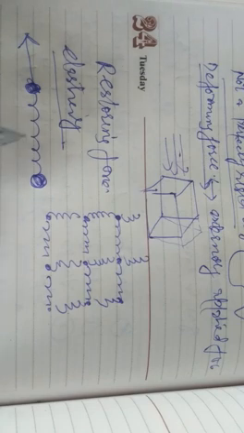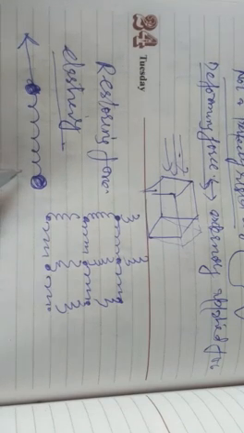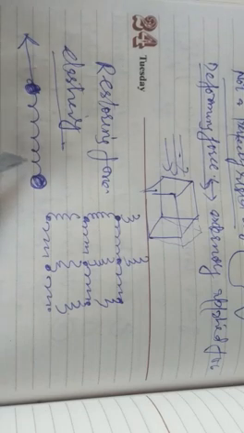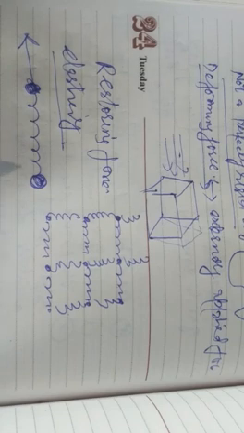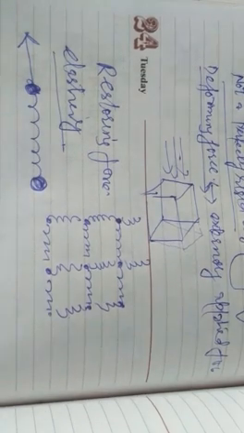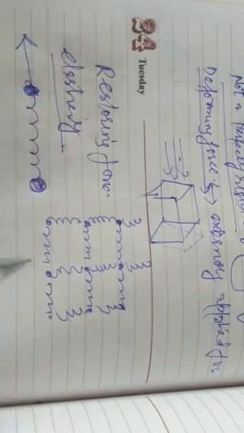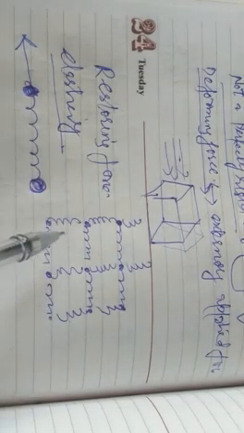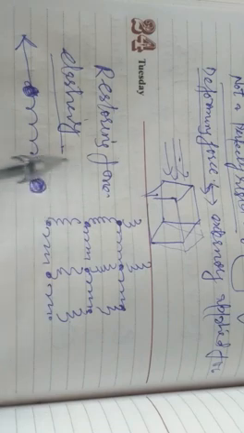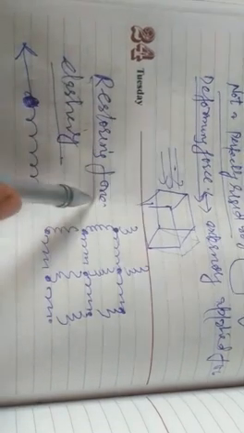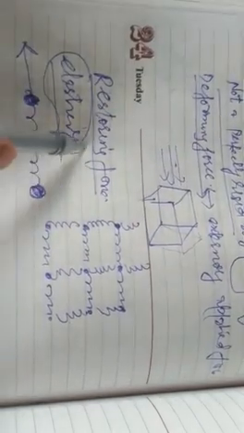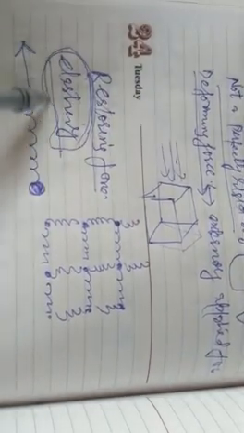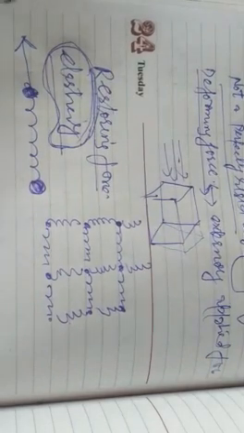When a deforming force is applied on a body so that its length increases, the molecules come closer, the spring is slightly compressed and the intermolecular force changes. So once I deform the shape of a body, a restoring force gets developed which brings the body back to its original configuration, and that property of the body by virtue of which it regains its original configuration is known as